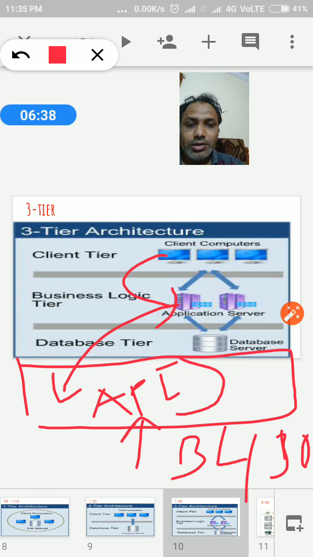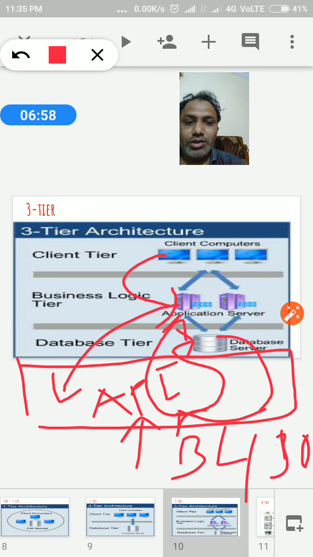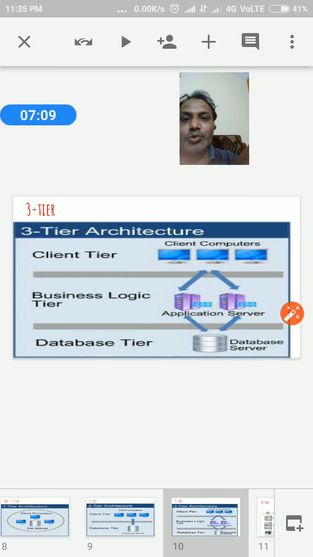According to that, it goes to the Oracle database, processes the query, and gives the response to the object, and then the object gives the response to the client application. So this is the process.